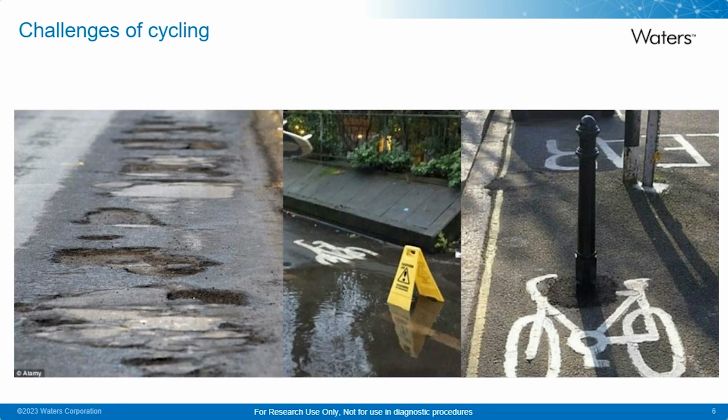So now I'm going to go slightly off-piste, as I am a keen cyclist, and I often encounter many challenges when riding my bike, especially on UK roads. And you can see some great examples in the images shown here. Things such as potholes, flooded roads, or well-positioned obstacles in cycle lanes are some of the things I regularly encounter on a bike.